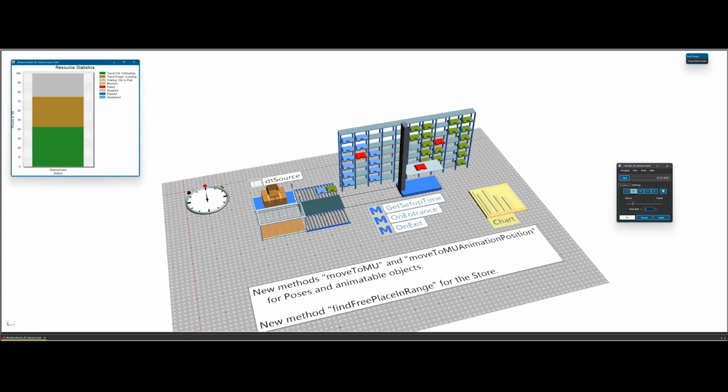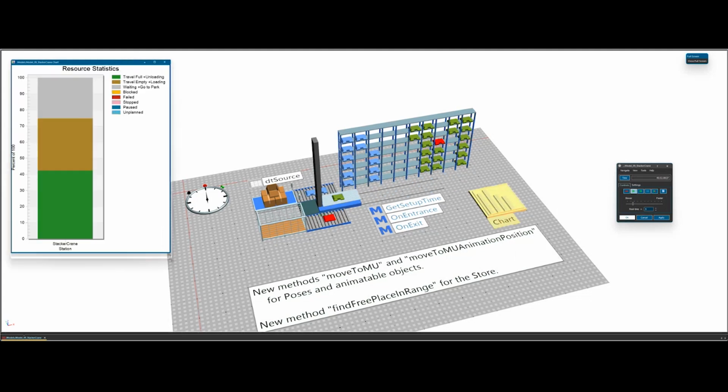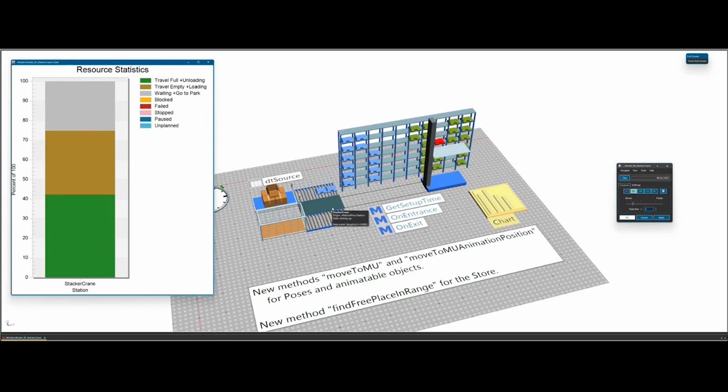Right. And then, of course, since this is a simple single proc station object, you can use the resource utilization chart. And in this example, I did a small trick.